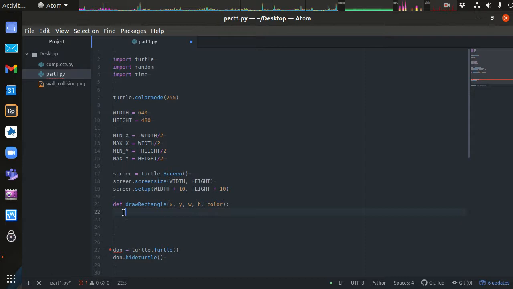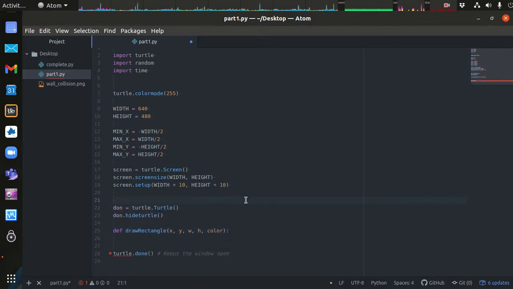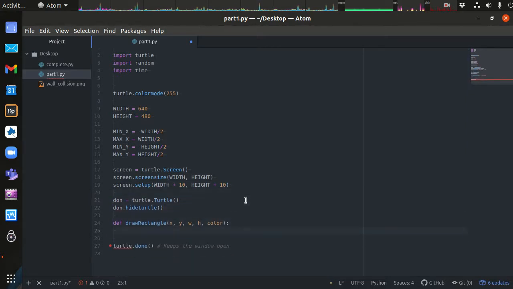I need to reference Don, my turtle. Actually, I'm moving this down underneath because I have to define Don first, because I'm going to reference Don in this function. So I have my turtle, Don, and Don needs to bring his pen up so he doesn't draw when I move him. I need to move Don,